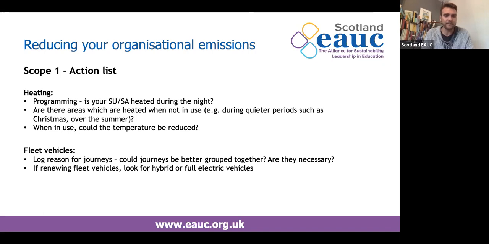And then looking at fleet vehicles, seeing if you can create systems. So usually you have to submit receipts or evidence when you're booking a journey. You have to log it in finance, for example. Can you add another couple of lines to that form saying, what is the reason for that trip? And you can also add in some more data. So at Stirling, we took the business travel form and basically said, what mode of travel are you taking? You have to put in the mileage. If it's, for example, a train journey, we added the link to where people can calculate, right, we're going down to London, what's the mileage? And it really helps me at the end of the day when I had to plug all these things into the spreadsheet to come out with a carbon figure. So those sorts of processes can be really helpful.